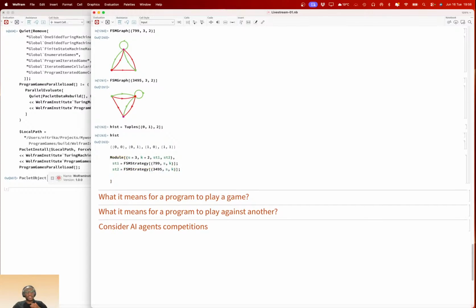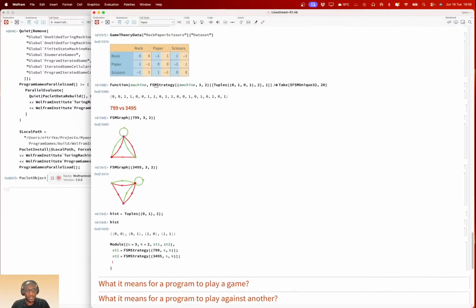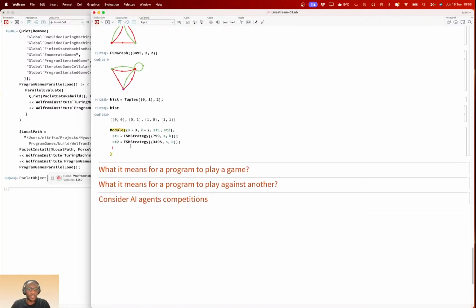And you're asking, given these two strategies, we want to play a game because we know they produce these moves, right? They produce different moves. Then you ask, because we have a function that plays these two things together.